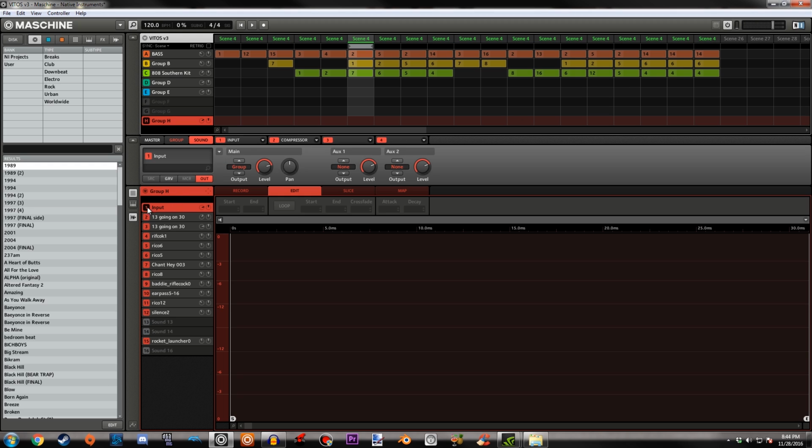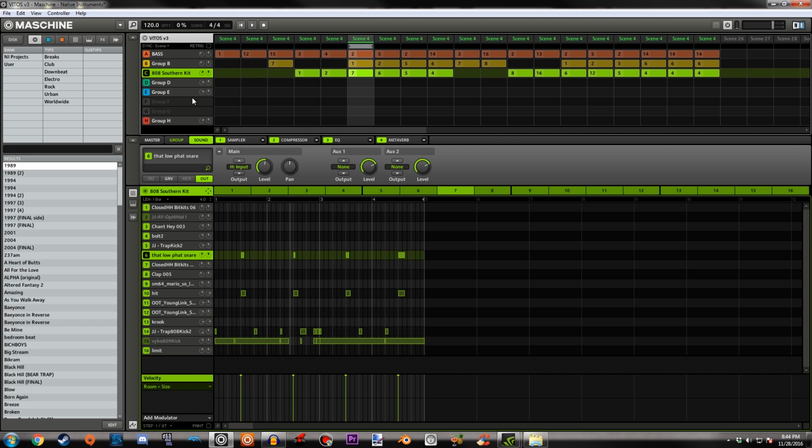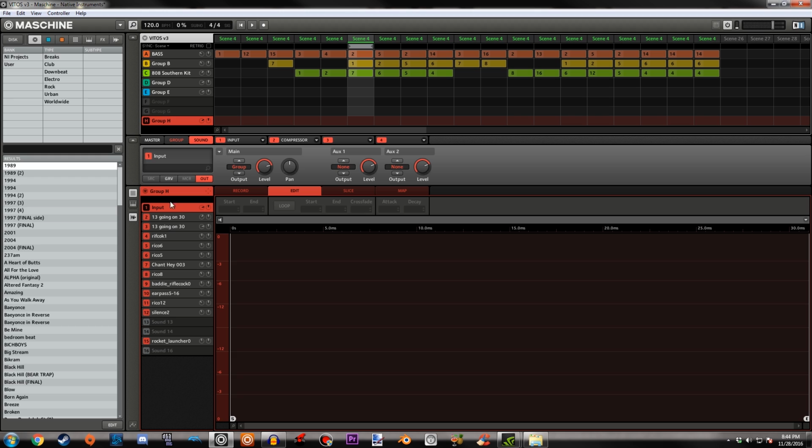So the original Machine didn't actually have any sidechain compression. Doing some research on the internet, what you could do is tell certain sounds to go through another sound or an input. So all these different drum sounds I wanted to use go through this input of anything I want to be bouncy, and on that input there's a compressor. By doing different levels of stuff, you can make it so some have priority. It's super janky, but at the same time it did give the song kind of a raw,